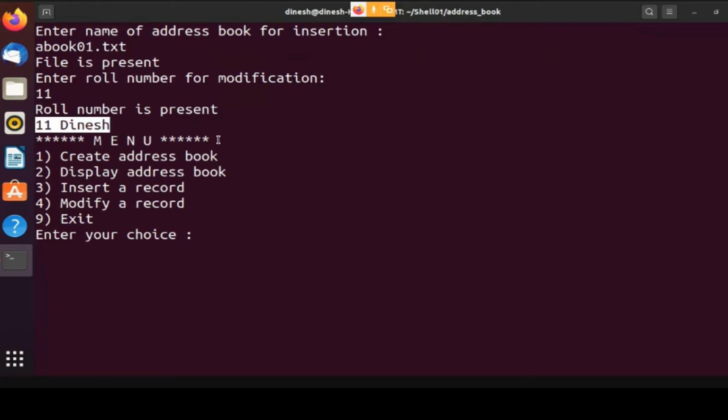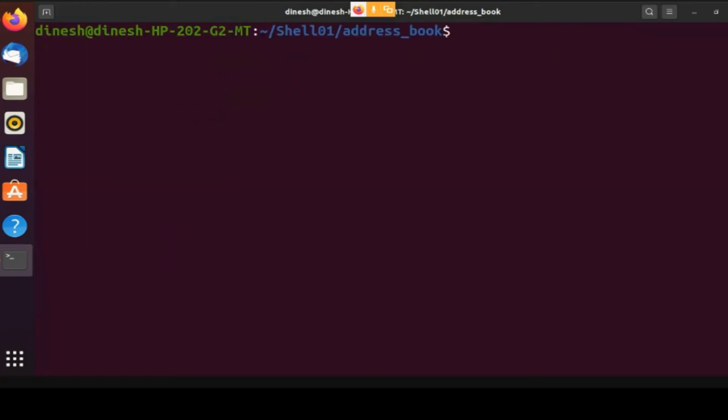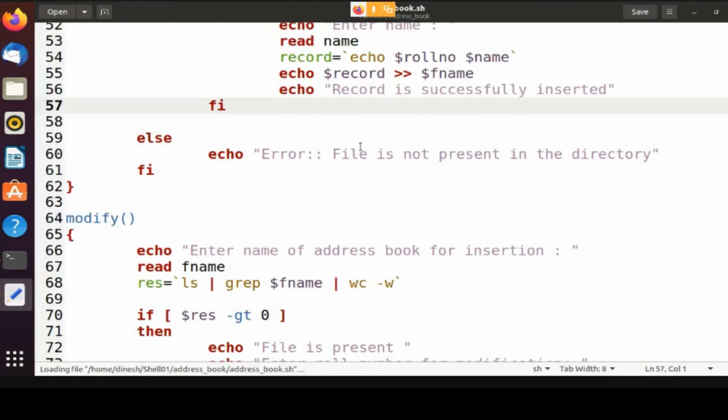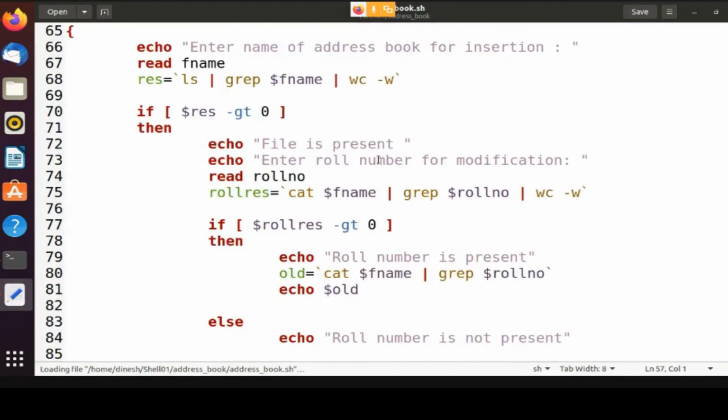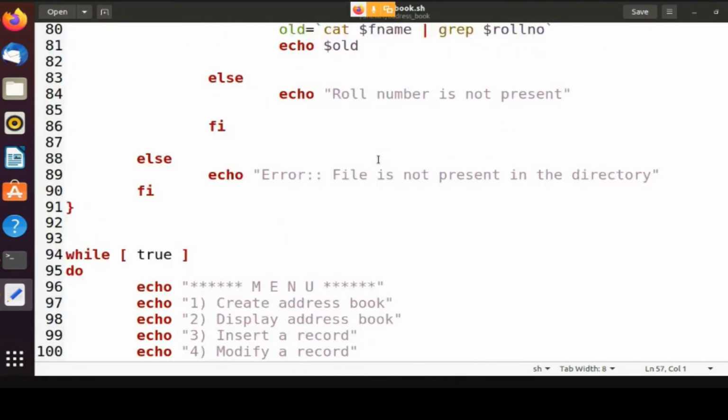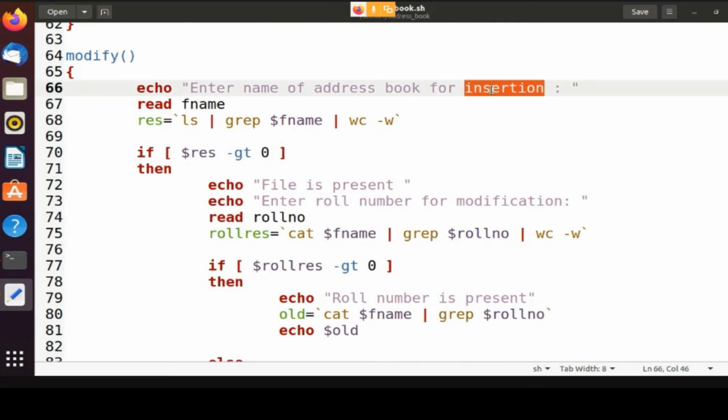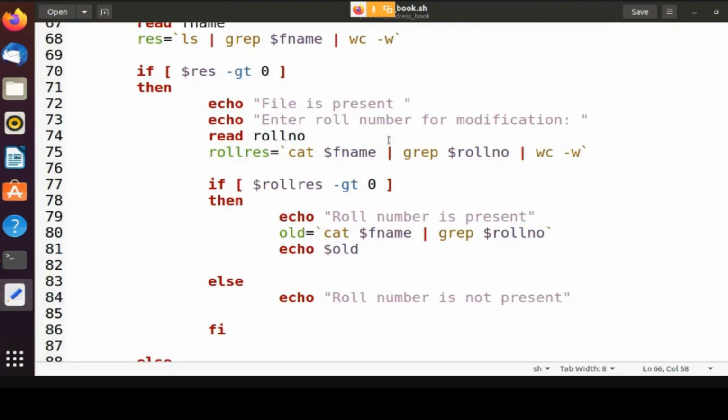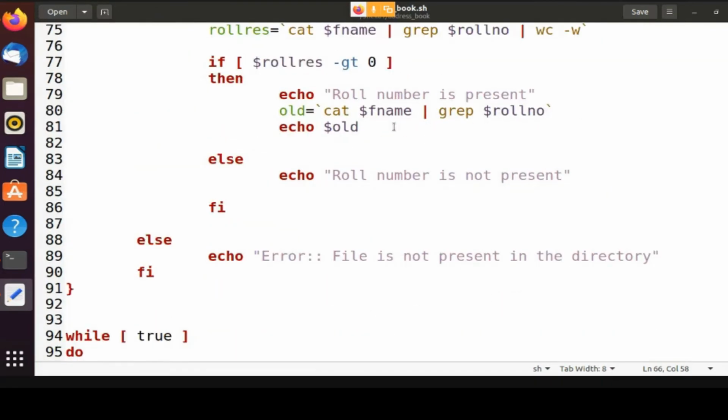So I'll just go to the code again. This is modify. Enter the address book for modification. So enter the roll number, and if it is present, the old record is created, and then you have to create the new record.